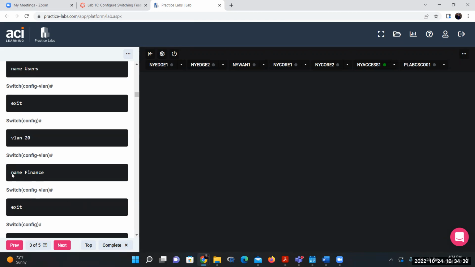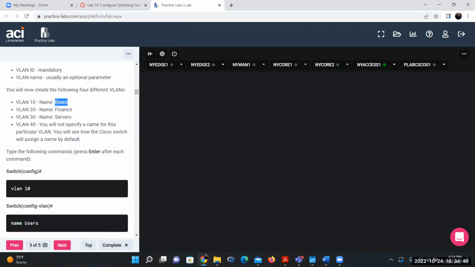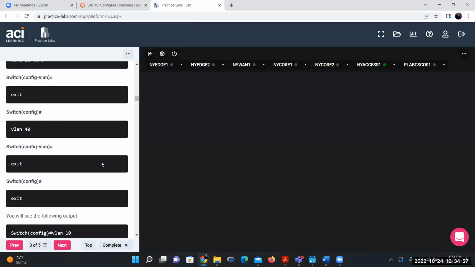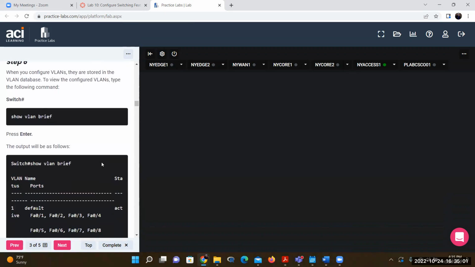Okay. So when you name the VLAN, you just say name, right? Name the VLAN that's going to be the users. So one virtual local area network is going to be for my users. The other one's for my finance, and then for my servers and so on. Okay. So once we created all those VLANs, then we are going to exit and come back to the beginning so we can